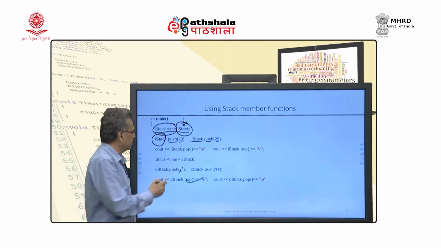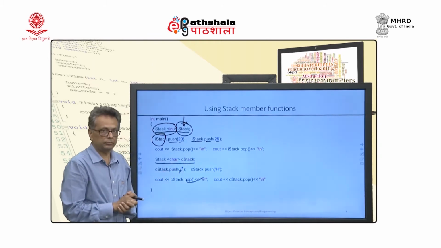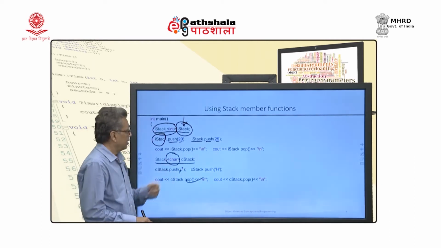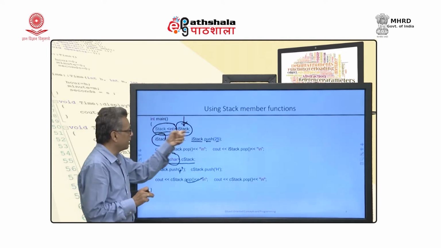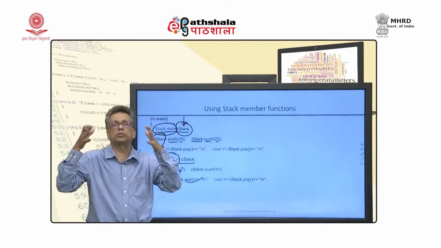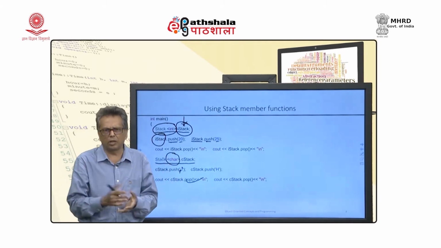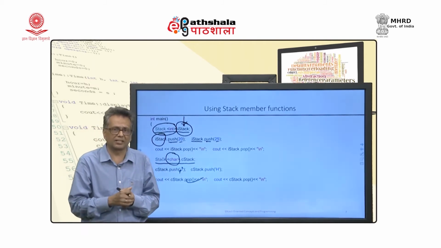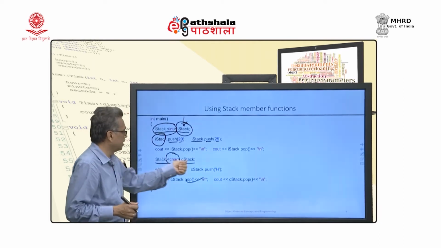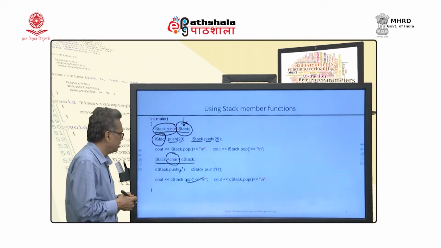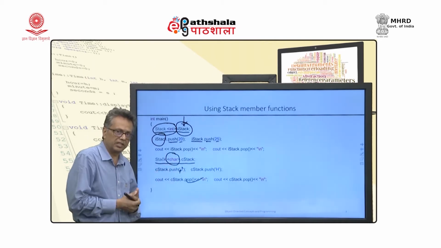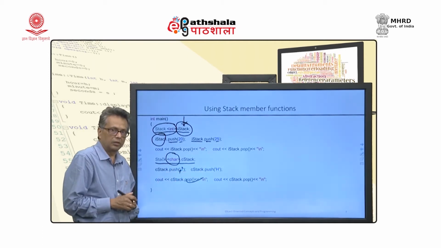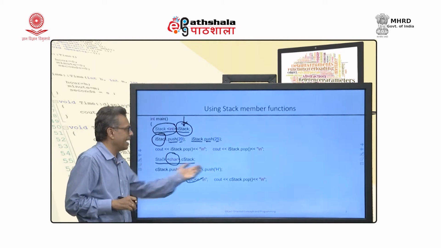And now, I define another stack of type character, because this declaration indicates that it is a class of type stack char. Like the function template case, when I am defining an object, a specific class is instantiated if it is not there. So, the first definition of an object actually instantiates the class itself as well as the object. So, here a char stack is constructed and also a cStack object is created. Now in cStack I am pushing j and h, and then popping them out. So, I get h and j out.